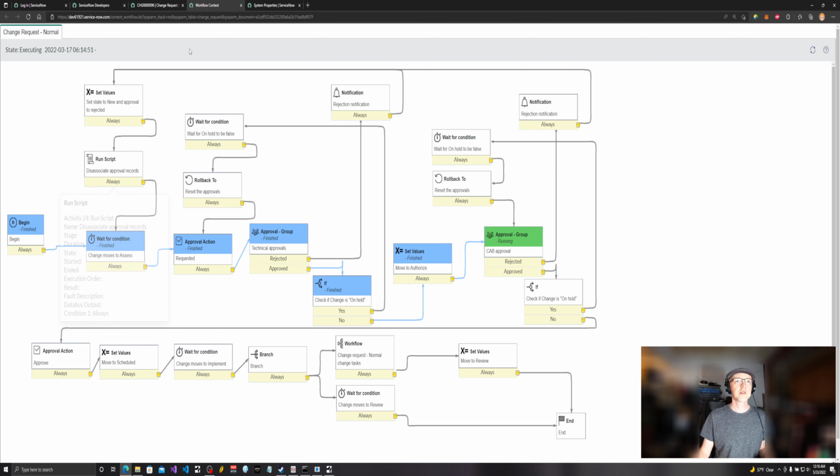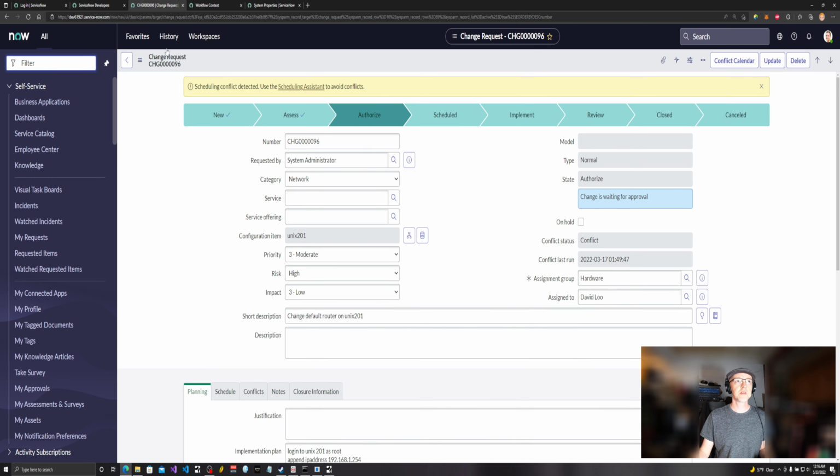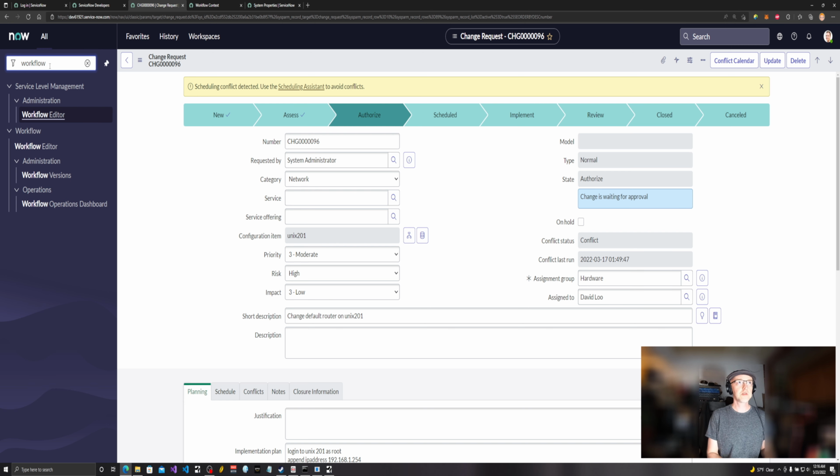So let me show you what I did to be able to do this in our production situation. I'm actually just getting used to the new San Diego UI interface, so forgive me if I stumble a little bit over things here, but basically what you'd want to do is